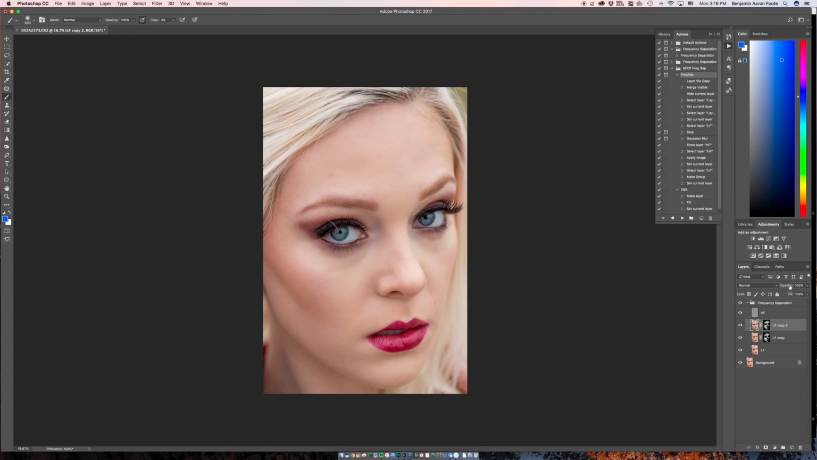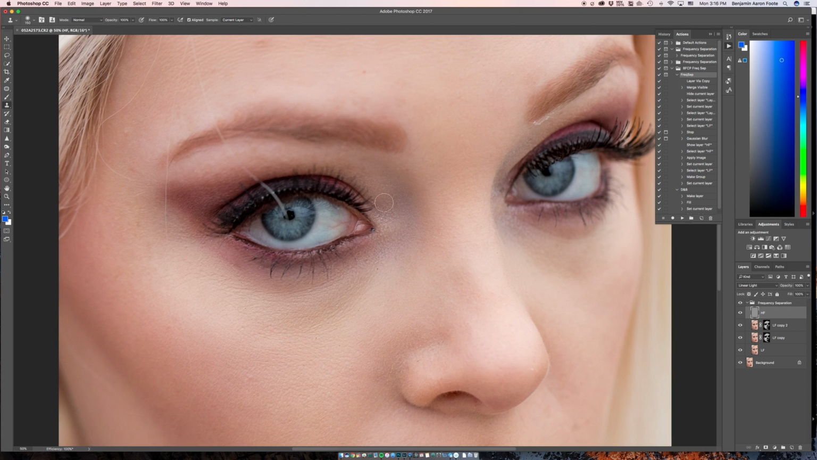Okay, that's fine. I think it's a little bit too much. I'm just going to bring down the opacity of that. Great. Now we're going to go to my high frequency. I'm going to click S for my stamp tool. I have this set for something else. So I'm going to turn these to 100, this to normal, and then I'm just going to zoom in, and